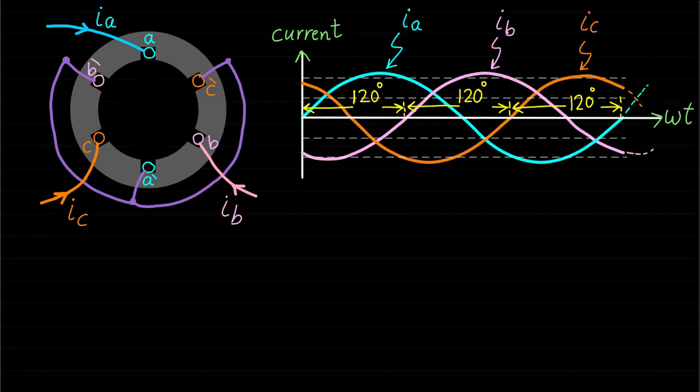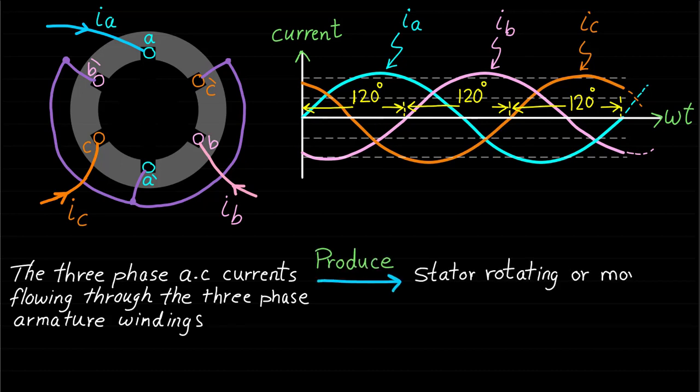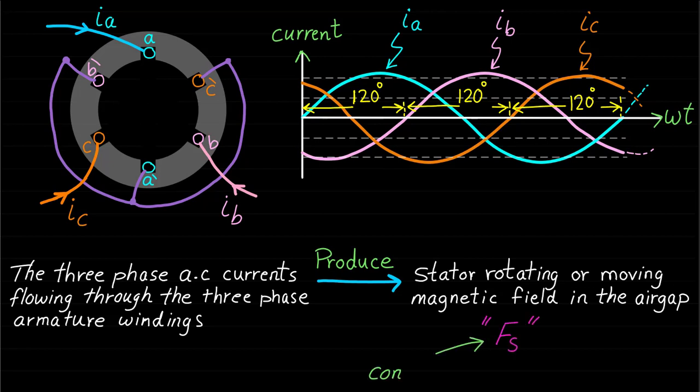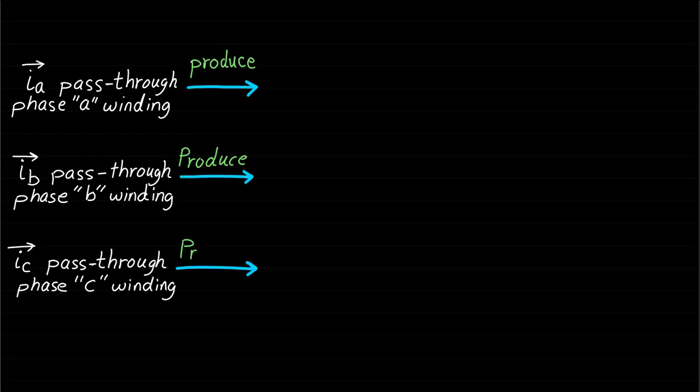It is very interesting to know that the three-phase AC currents flowing through the three-phase armature windings will produce a stator rotating or moving magnetic field in the air gap. This rotating magnetic field, denoted by Fs, has constant magnitude even when the three-phase AC current's magnitude changes with time. Basically, when the phase currents pass through the phase windings, each of the three phases will generate a standing waveform